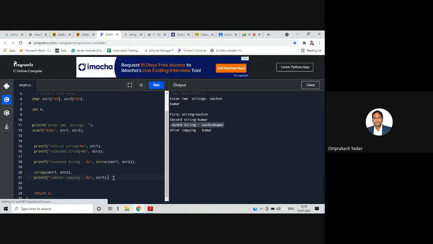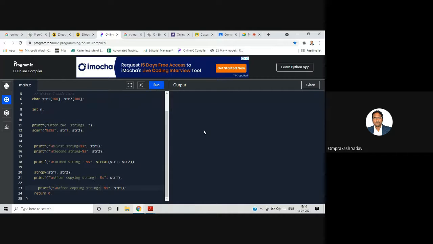And if you also want to print the second string, you can print it. This is string 1 and this is string 2. Let's run this.